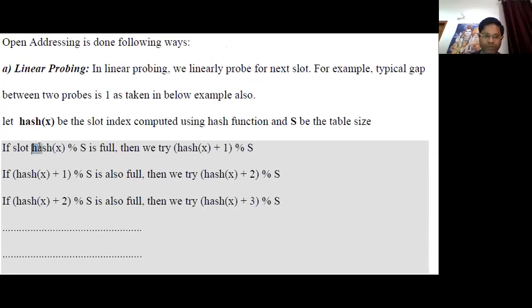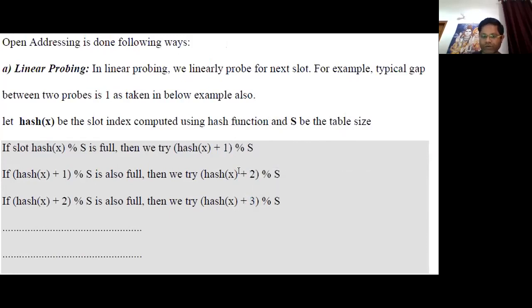So this is the basic formula that we have applied till now, that is the hash function modulo the key size. If this position is full, then we will search for the immediately next position. Plus 1 means the position just immediately below the previous value. If this is full, then we search for the next slot, that is plus 2, just immediately below.